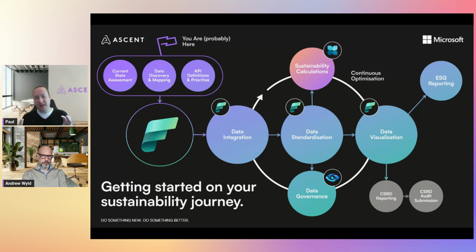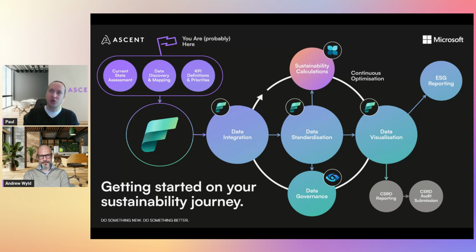Where Fabric is fantastic for giving you a fully customizable solution to build whatever you like, Sustainability Manager is really helping you get started, understand that methodology, and manage all of that.